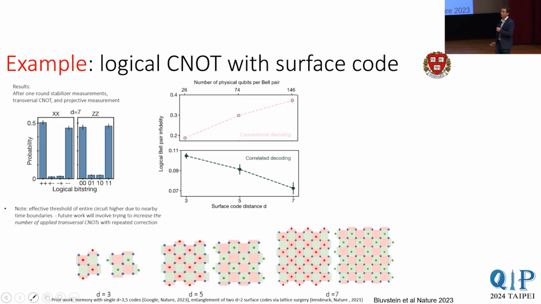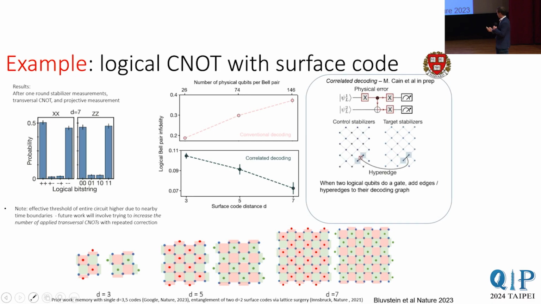And another important aspect is how you do the decoding is actually very important. In particular, we use here this concept we call correlated decoding, which is very related to similar things that have been done in the literature, for example, those of space-time decoding, being led by a theorist in our group, Maddie. And it's essentially a simple observation here. When we do the decoding or inference process, we should take advantage of the fact that we know that errors between the 2 logical qubits should propagate in a deterministic way. And we do this by merging the decoding hypergraphs of the 2 logical qubits.